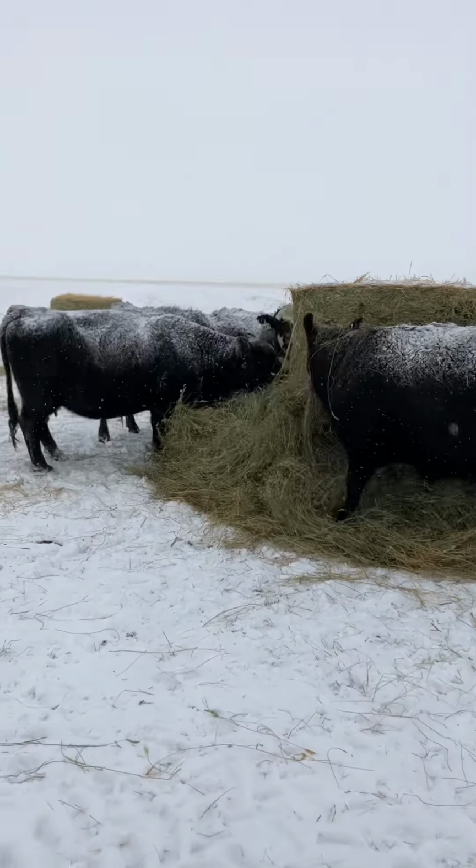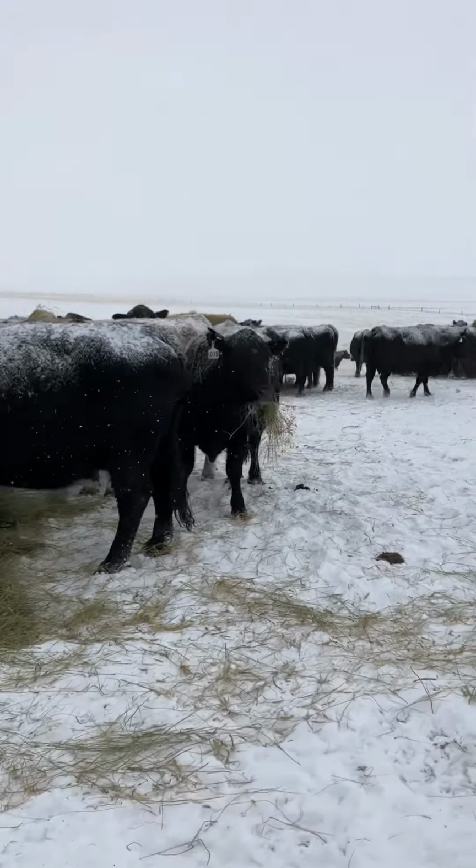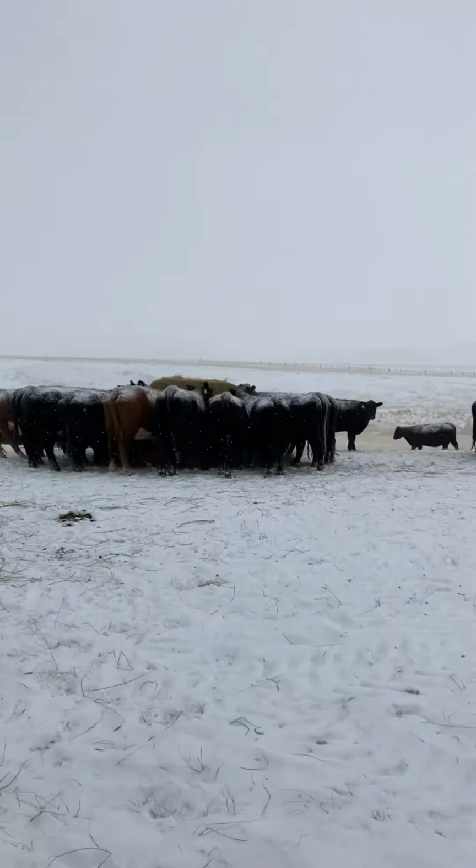These are pretty much all short-term cows, and we're really trying to keep the condition good on them going into calving here in a couple months. So